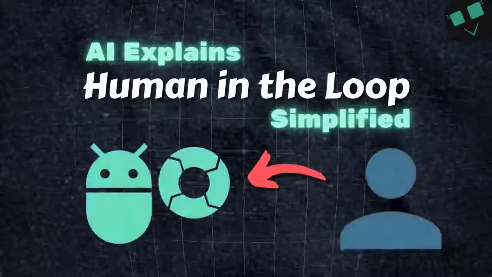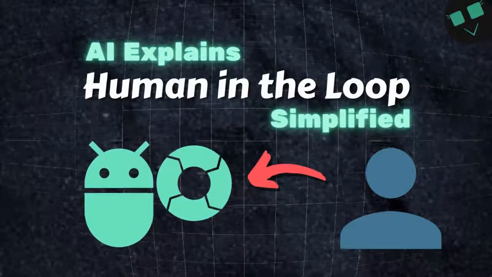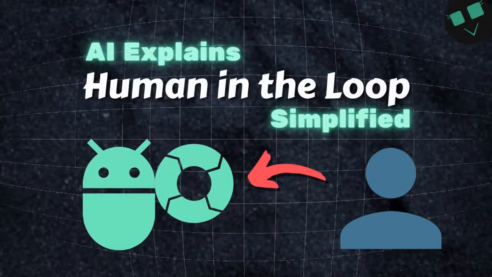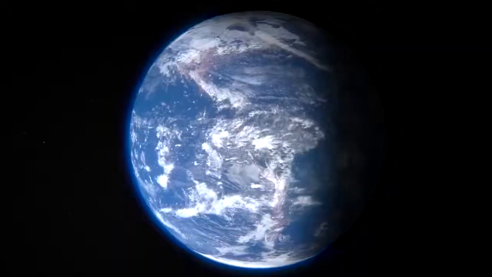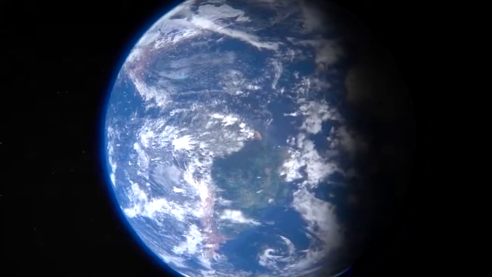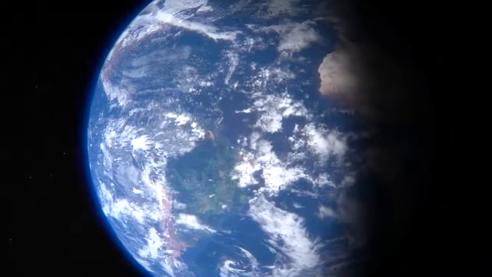So, there are a ton of benefits to human and AI cooperation, and the human-in-the-loop design is one of the ways that we can both benefit from each other. And if we are going to coexist on this planet, then we should find as many ways as possible to depend and rely on each other.